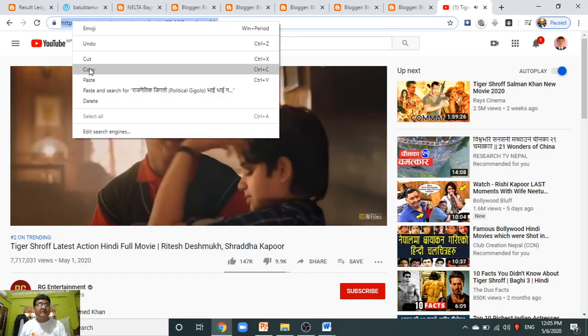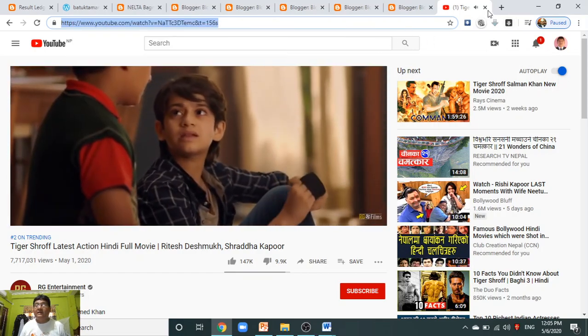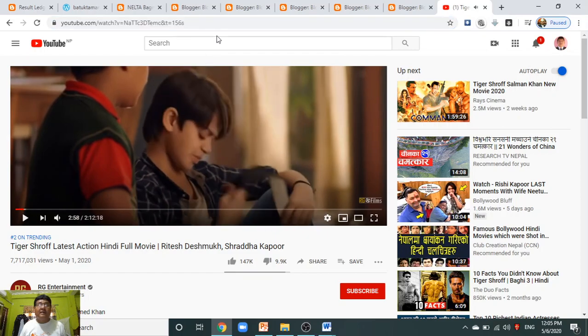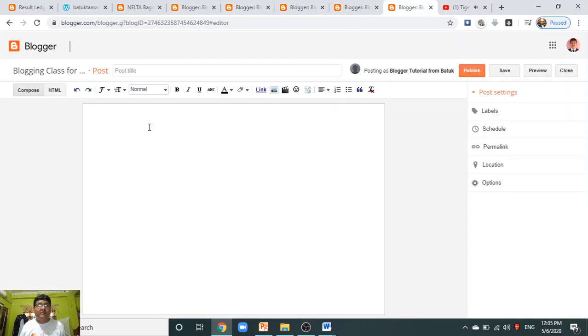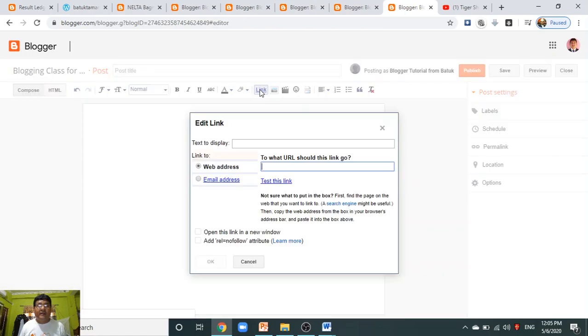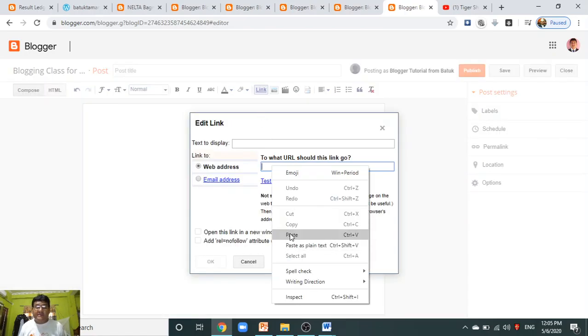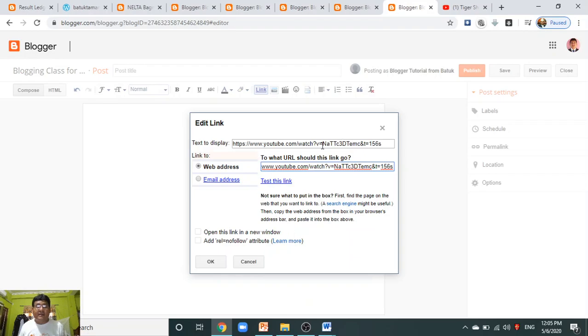Let us copy it and go here, click the link here and paste the link here and display text. For the display text, you can display the link also, or if you want to say something, for